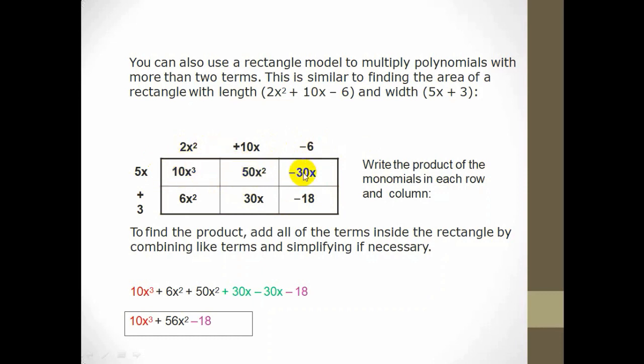Column 1, 2, 3. This is actually one row. Now another polynomial contains two terms. So this is the first row and this is the second row. Now multiply the first term with the first, with the second, and with the third. Actually, you find the area of the rectangle. And then at the end, add the like terms. You will get the multiplication of the polynomials.